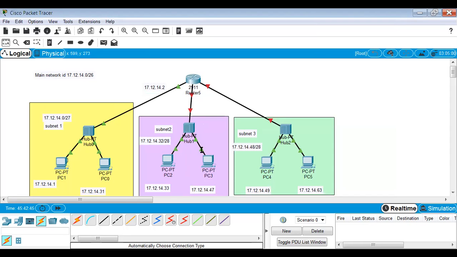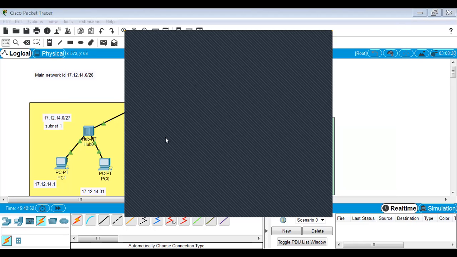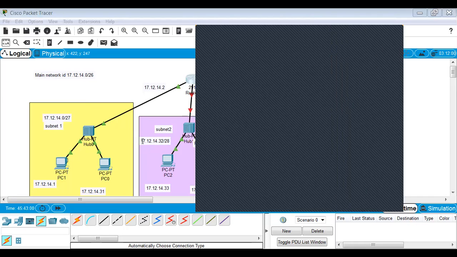Similarly for the second network, it is a second link. So the network ID is 32. So 33 is assigned, we'll go for 34.